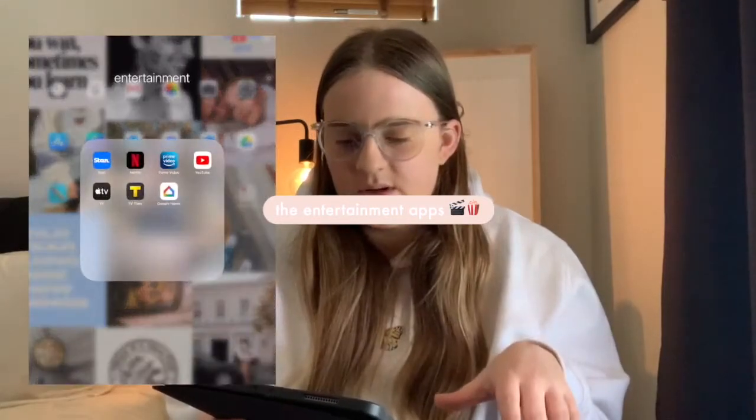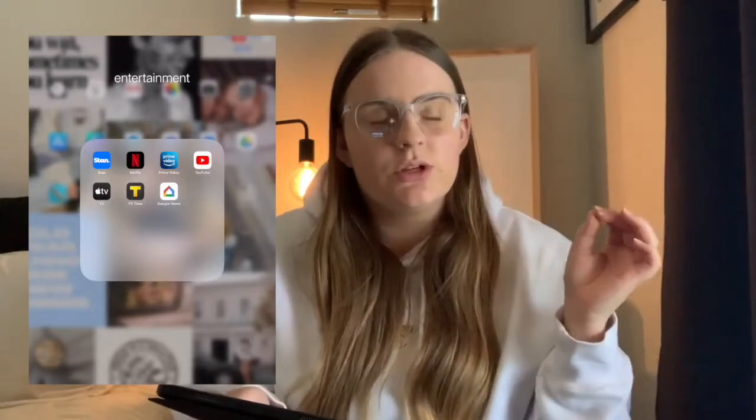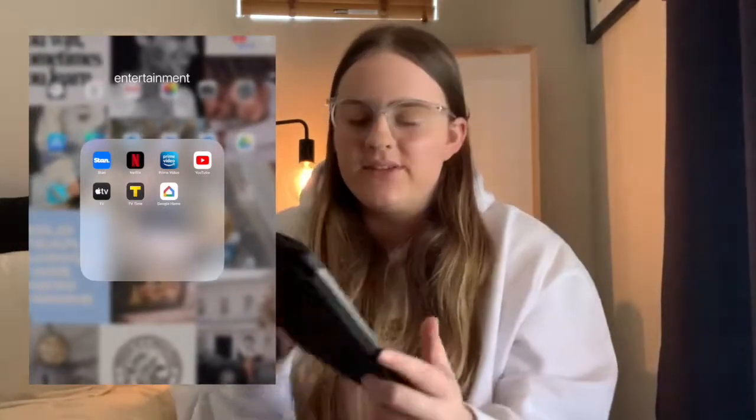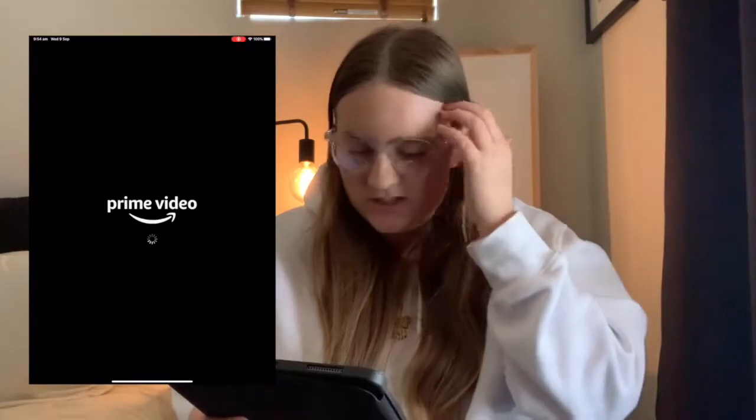Then we have entertainment. A huge selling point for getting the iPad was honestly so I could watch Netflix. And I know I have a computer, but you can't download Netflix on that. And we travel a lot, obviously not right now, but when we go away, I would have to watch Netflix on my phone because that's the only thing I could download it on. But now I have an iPad that I can download it on, and it's a really decent quality screen. Honestly, it's a very good quality screen,